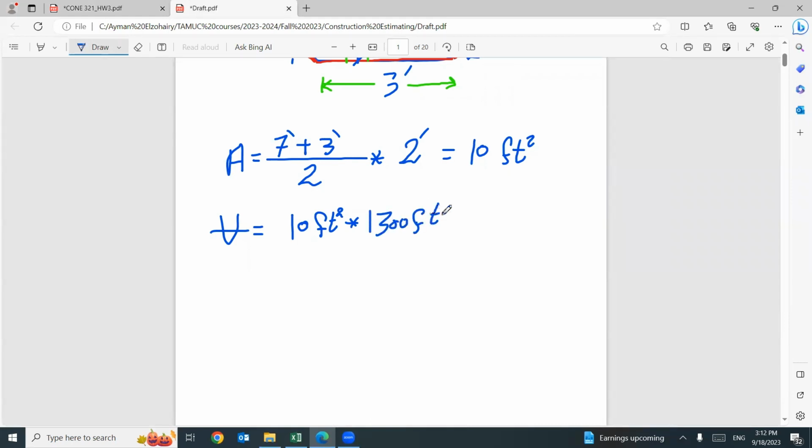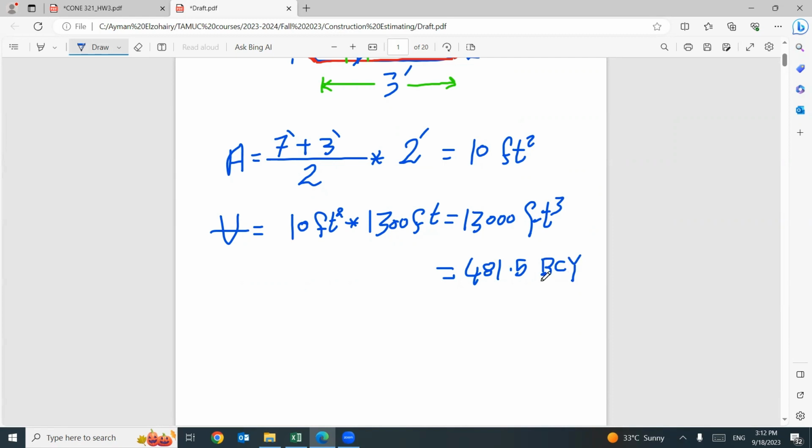So the total will be 13,000 cubic feet. If you divide this number, 13,000, by 27, I got 481.5 bank cubic yards. I divided it by 27 to convert from cubic feet